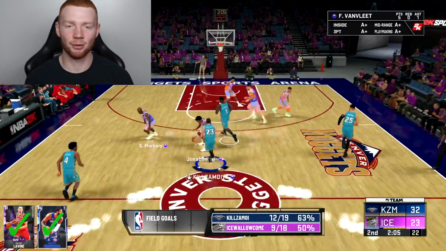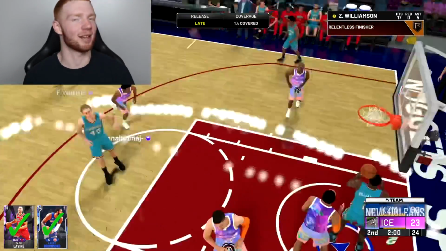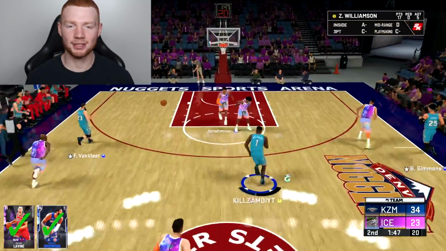So, Zion, you want to show up for me? You want to do something for me? You want to do a bad pass, Angus, and then go up, but somehow it works? I'll take it. Oh, that's good defense. I wanted to try and get that block, but again, Thomas Welsh is hitting that board. We're going to give it to here, and then we're going to...